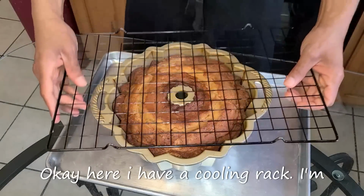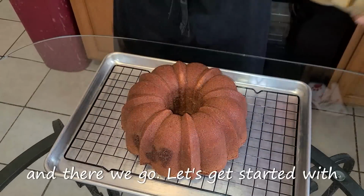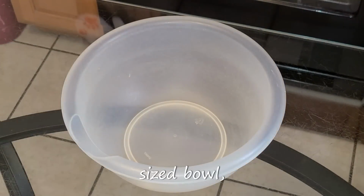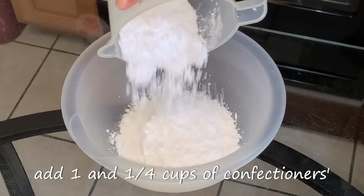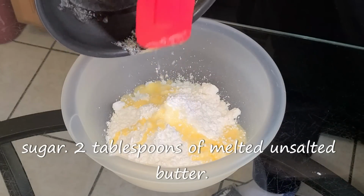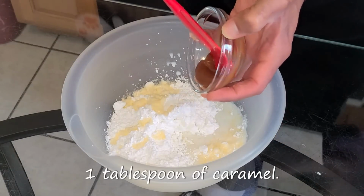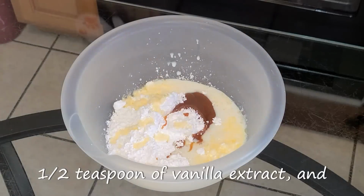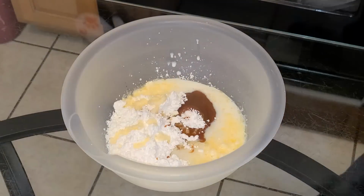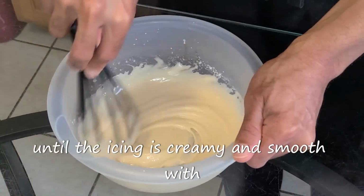Okay, here I have a cooling rack and I'm going to flip the cake over onto the cooling rack. And there we go. Let's get started with making our caramel icing. So in this medium-sized bowl, add 1 1/4 cups of confectioner sugar, 2 tablespoons of melted unsalted butter, 3 tablespoons of warm whole milk, 1 tablespoon of caramel, a half a teaspoon of vanilla extract, and 1/4 teaspoon of butter extract. I'm going to take my whisk and stir all the ingredients together until the icing is creamy and smooth